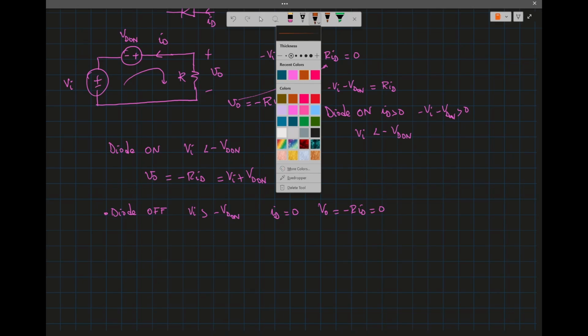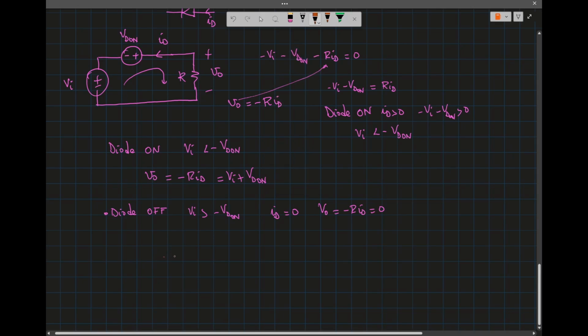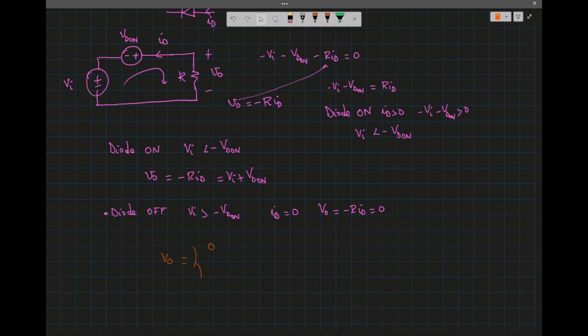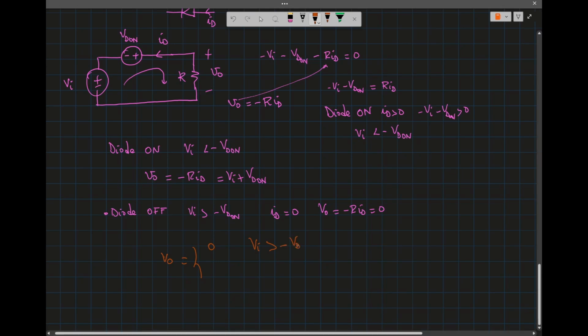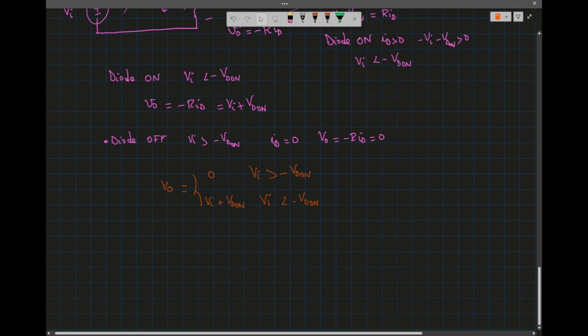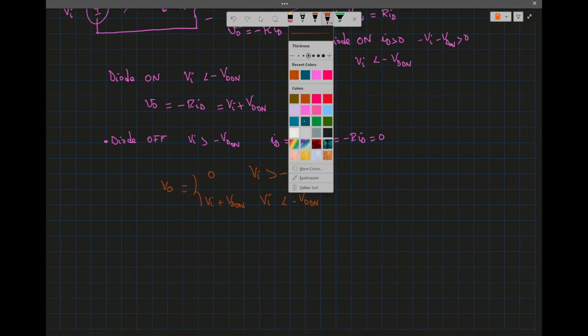So when we put it together, I will have V_0 equal to 0 when V_I is bigger than minus V_D(on), and then is equal to V_I plus V_D(on) when V_I is less than minus V_D(on). Okay, so in that case,